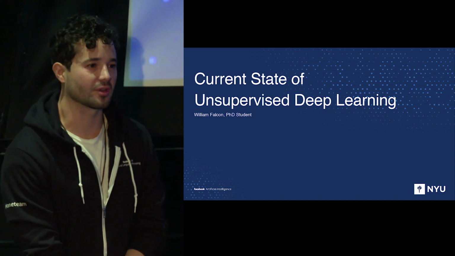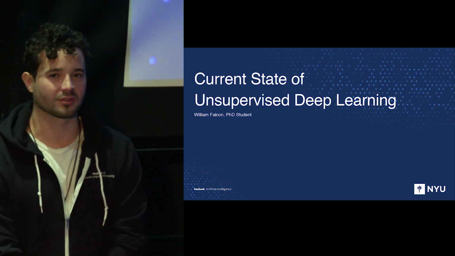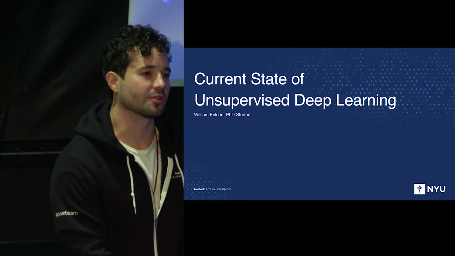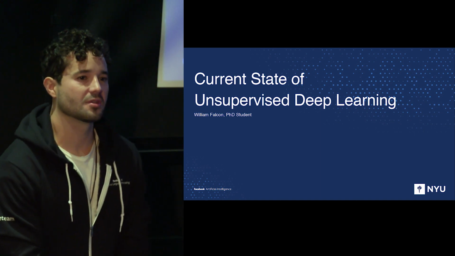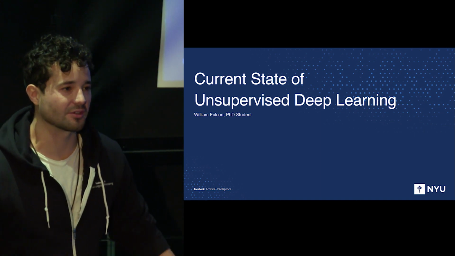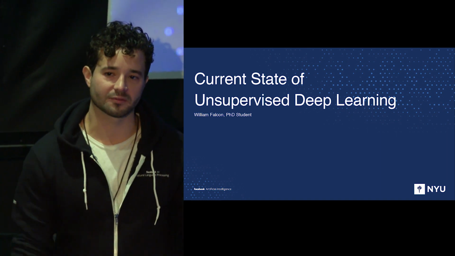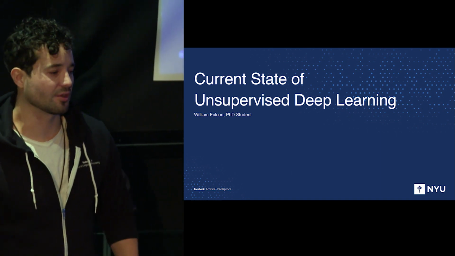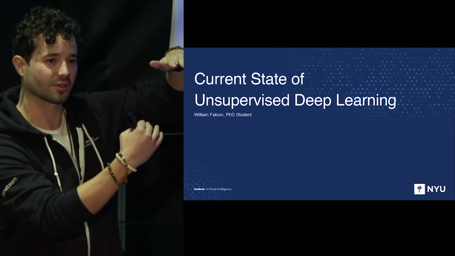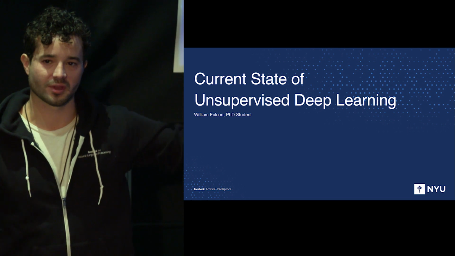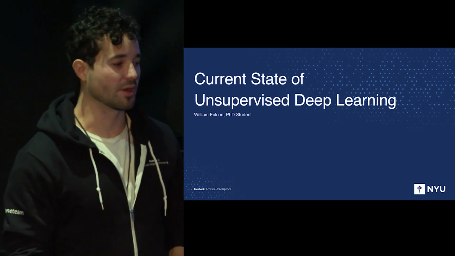I'm working on unsupervised representation learning, which means trying to devise some sort of learning technique to extract more information from data without labels, so that you can use this for downstream tasks and get better accuracy or whatever you're trying to do. This is an active field of research. What I'm showing you is us bridging the gap between unsupervised and supervised learning, or getting closer. We're not quite there yet, but I'll show you where the gaps are. If you wanted to apply this in industry, here is what you could take right now.